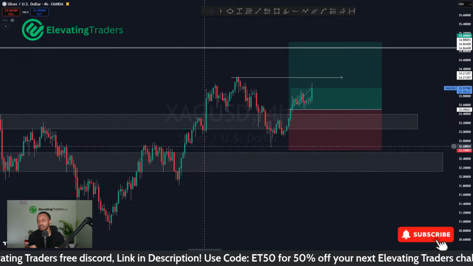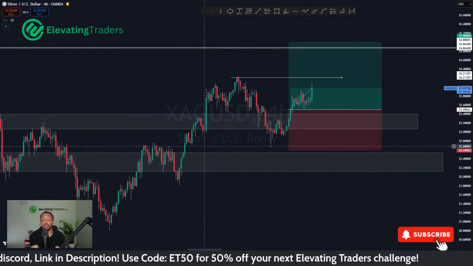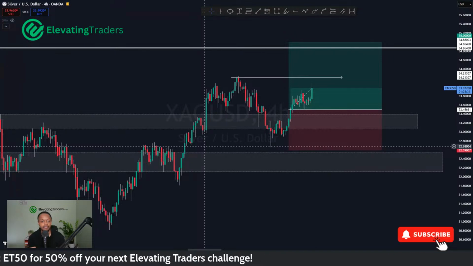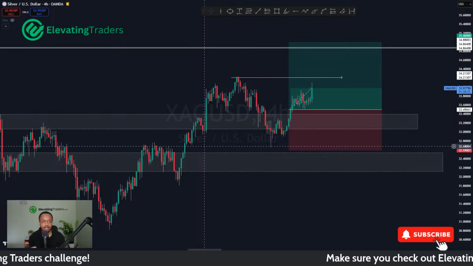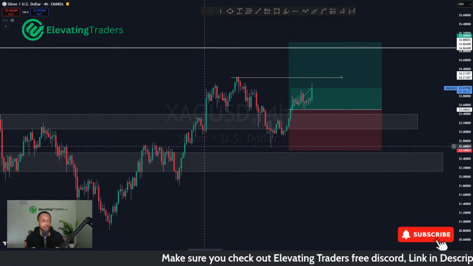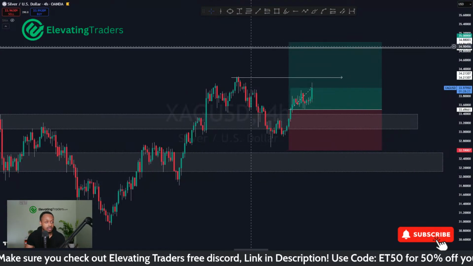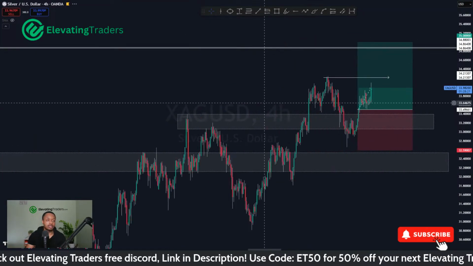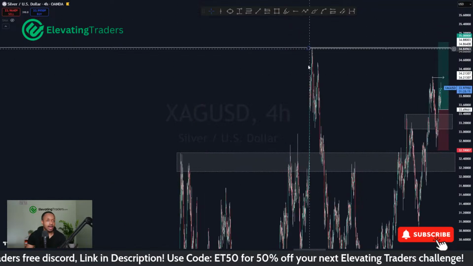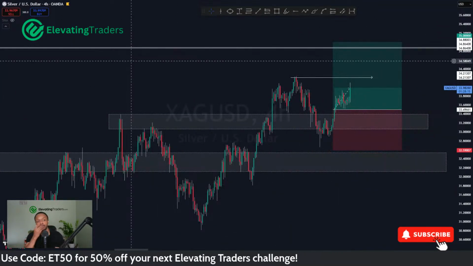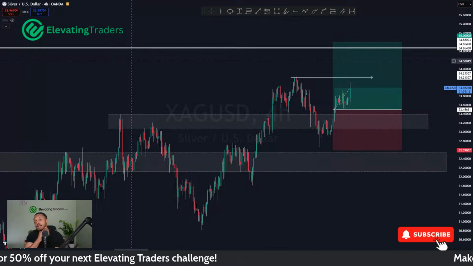But again, if we get there today or tomorrow, it's not going to make much of a difference. Of course, you might be paying a little bit of swap. But besides that, it's whether it TPs today or TPs tomorrow. We're not going to complain at that. I'm not taking profit there. I'll just look to trail my stop loss. My targets are back at the high, so still got a bit of a way to go back to 35. But I do think we can get there.